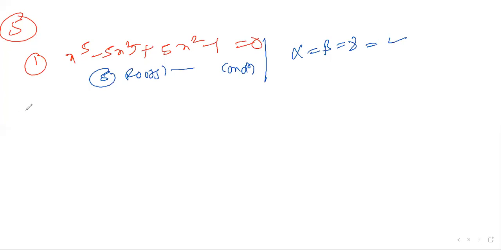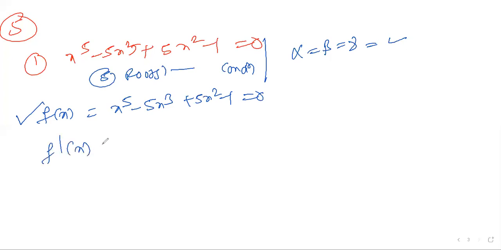I think what they're telling, let us take f of x. They're telling equal roots, right? It means multiple roots. I don't want to do the trial and error method for this. I'll take f dash of x for my economy. After f dash of x, what do you get as the answer? 5x power 4.